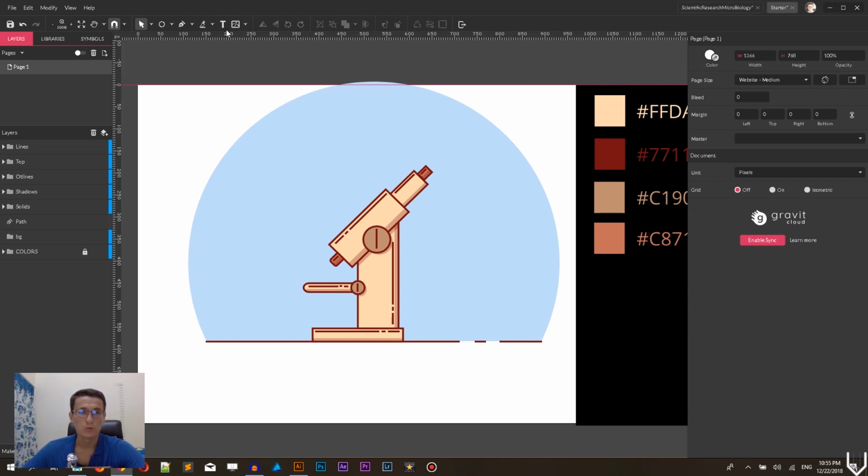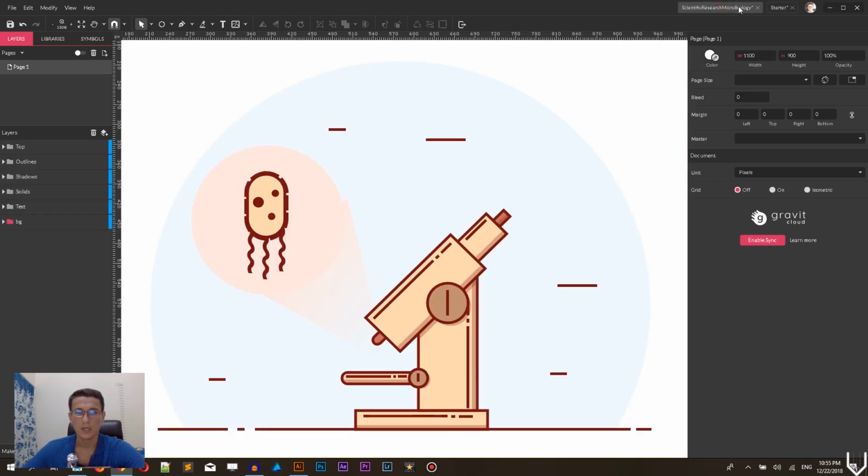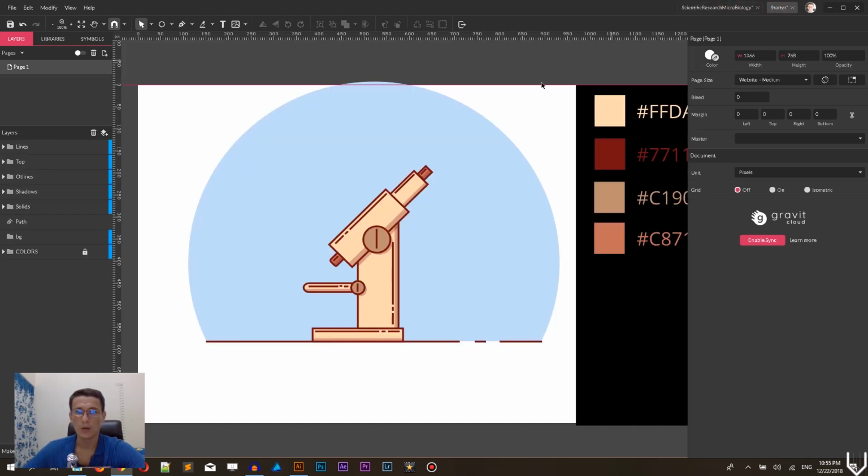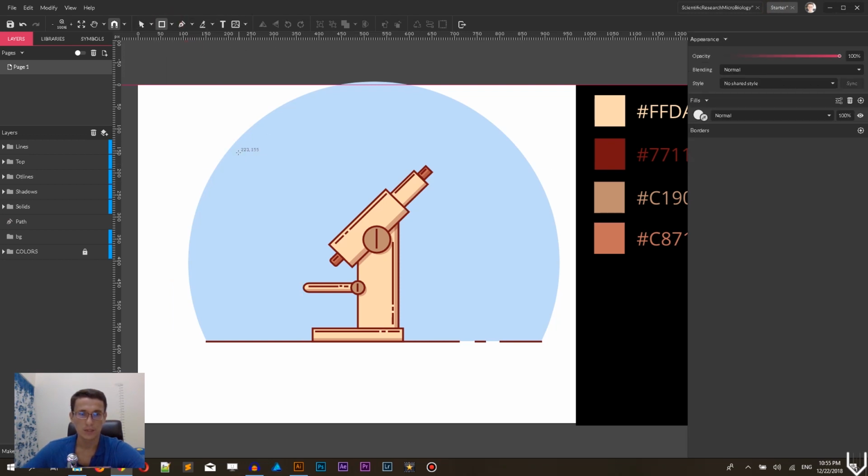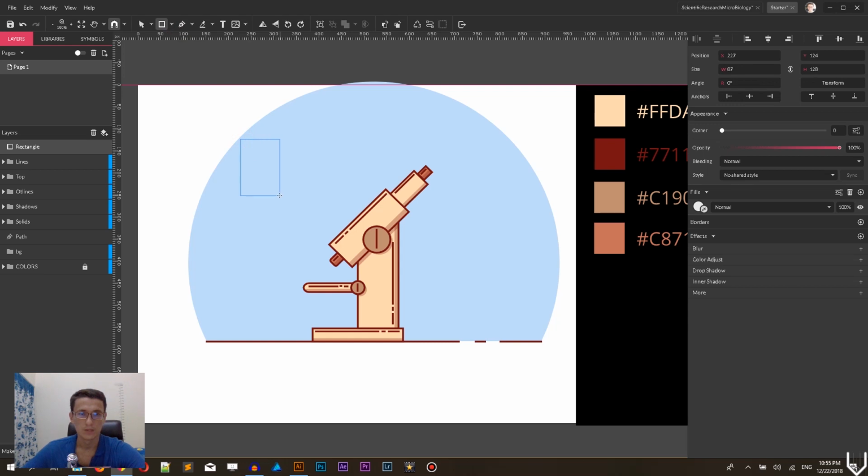Next step is to draw the bacteria, and let me show you how I approached this. So it all starts with the rectangle,